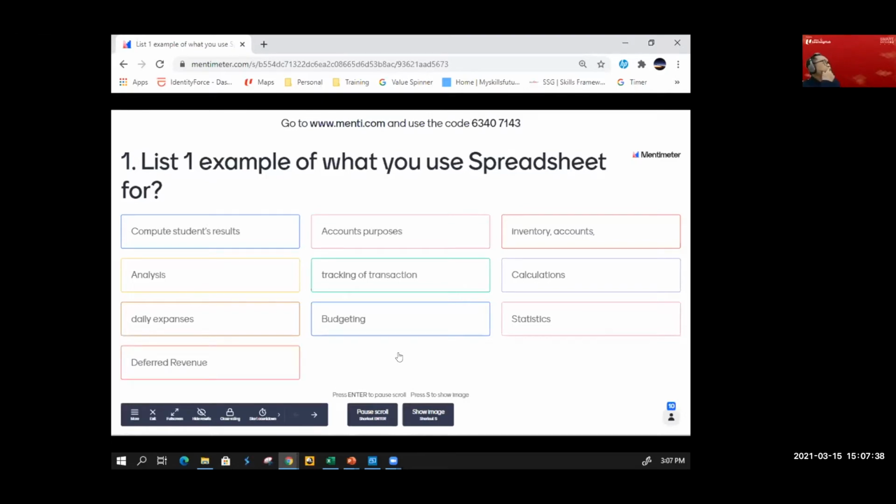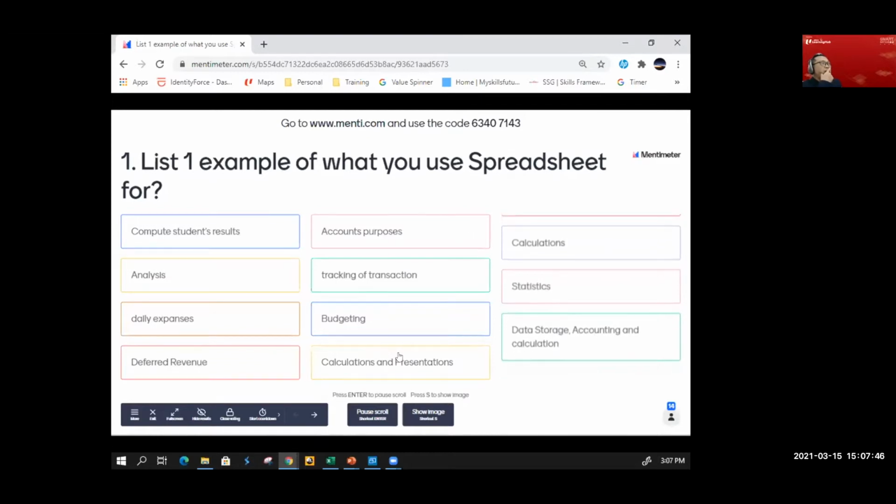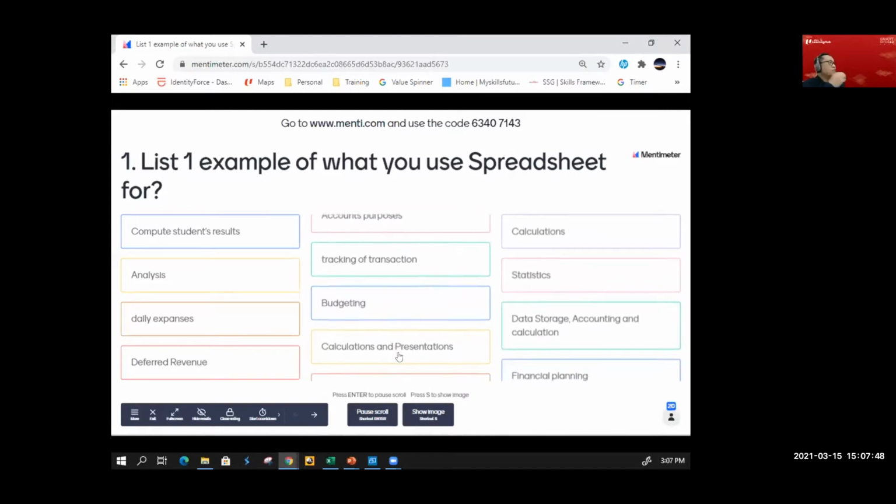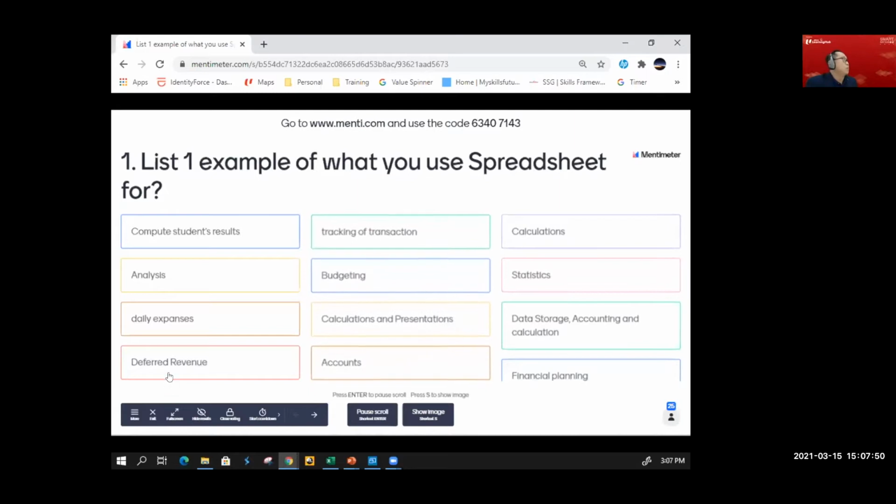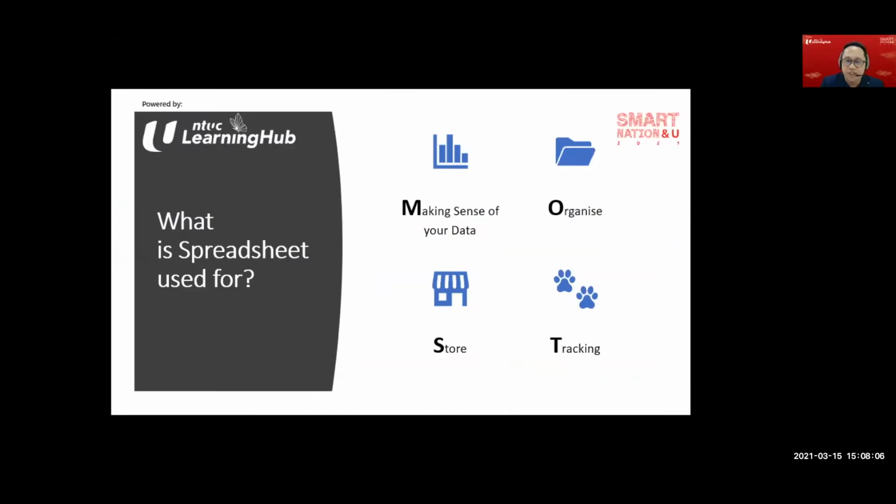Well, some of you use it to compute student result, account purposes, inventory, analysis, tracking of transaction, calculation, budgeting, statistic, daily expense. Wow, very, very interesting, I would say. Financial planning. Wow. So you see, each and every one of us have different purpose of how we make use of our spreadsheet, right?